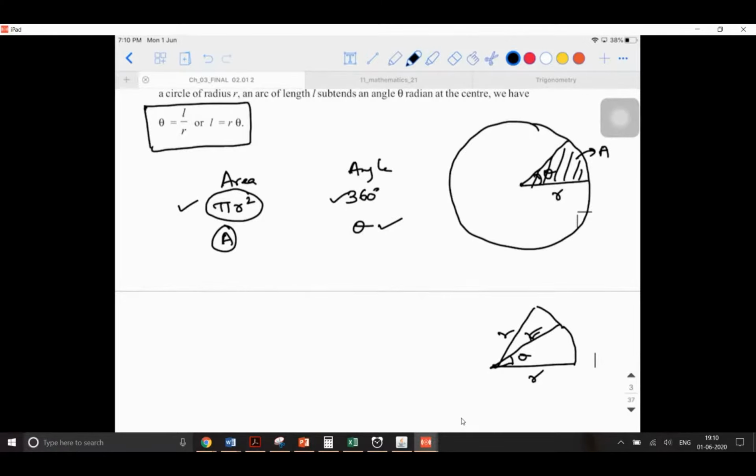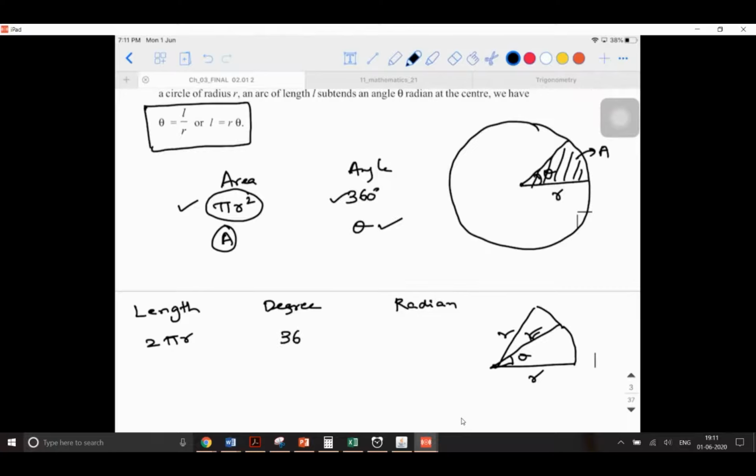Now see, what I'm going to do is, I'm going to use the word length. Here I'm going to use the word degree. Here I'm going to use the word radian. Now, if I cover a length of 2 pi r, what does this 2 pi r stand for? You know this. It is the circumference of the circle, right? So 2 pi r is there. So for covering this much circumference, how many degrees am I supposed to rotate my compass?